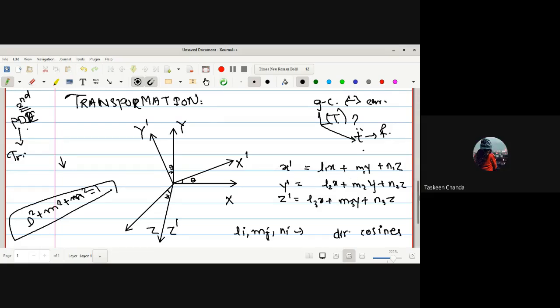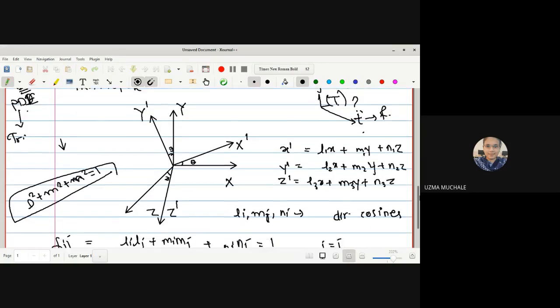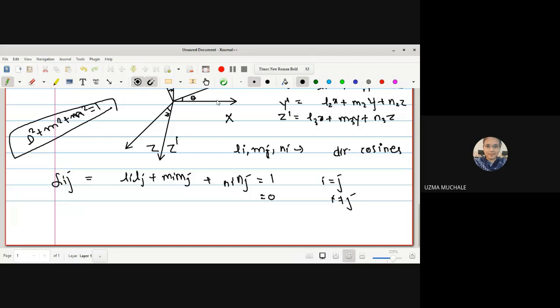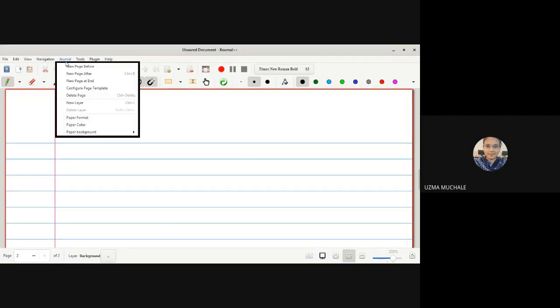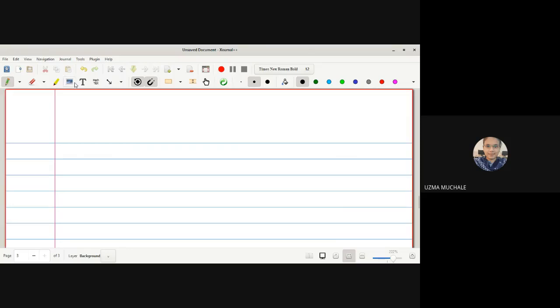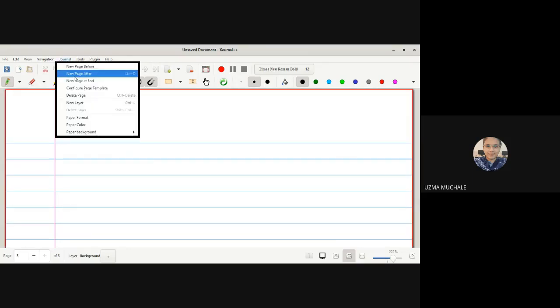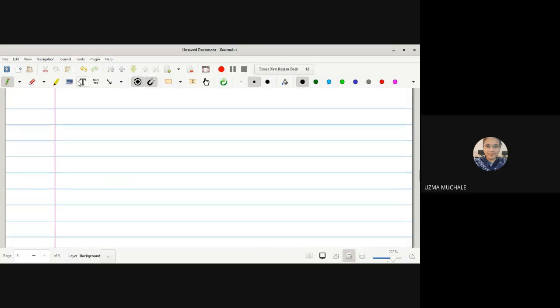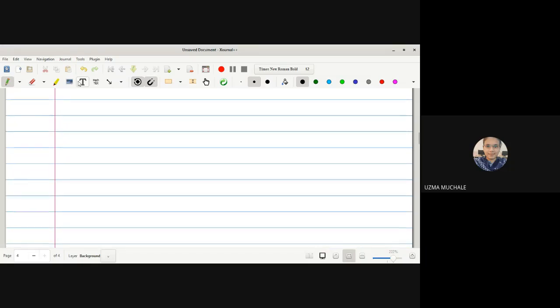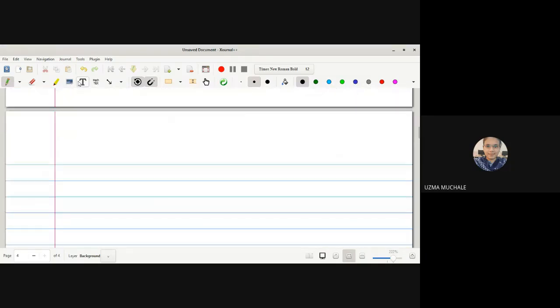Okay. Now one more question for everyone. I don't know if I have asked you or not, for homework. Why are we saying direction cosines only? Why can we not say direction tan, direction cot? Many trigonometric functions we have, but for this one, maybe for the line and plane, we are using L, M, N as direction cosines. Why have we used direction cosine only? We can use direction tan, direction cot, direction sine.